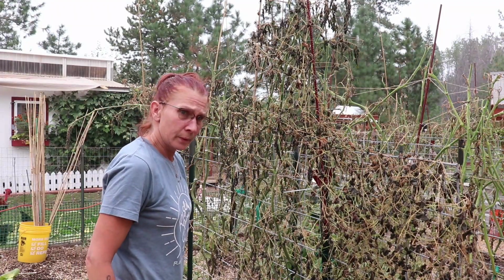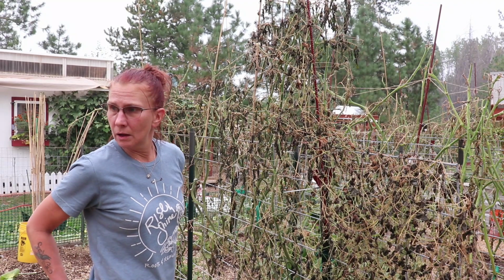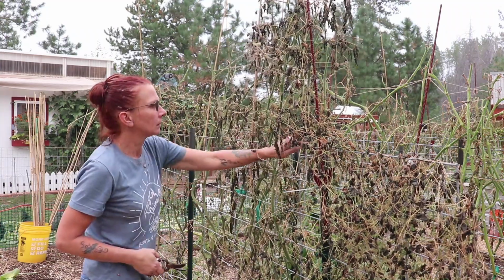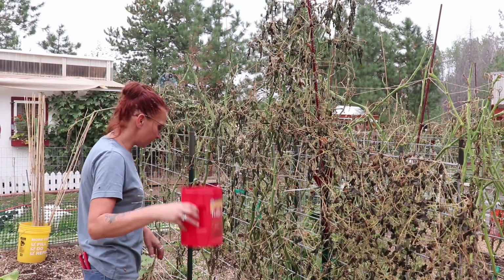Okay, now that I've bored you with that, let's... My scissors are going to cut this twine. Okay, now that I've got a bucket for my clips,